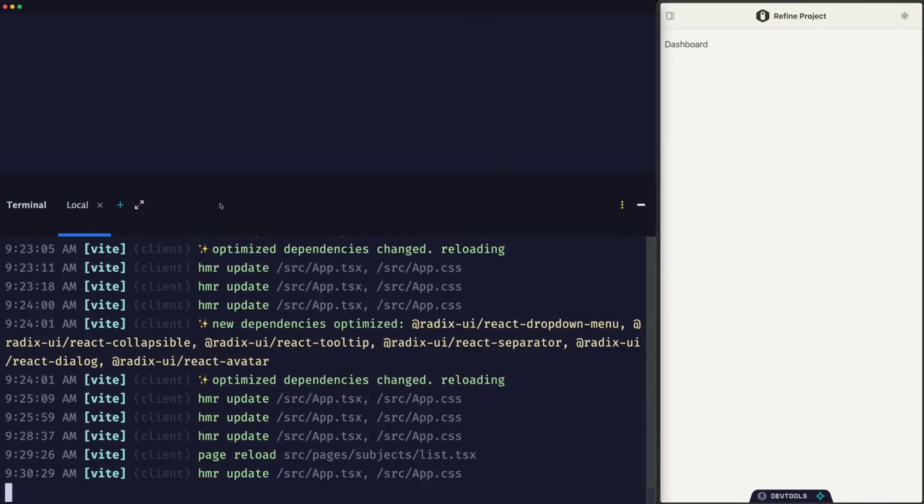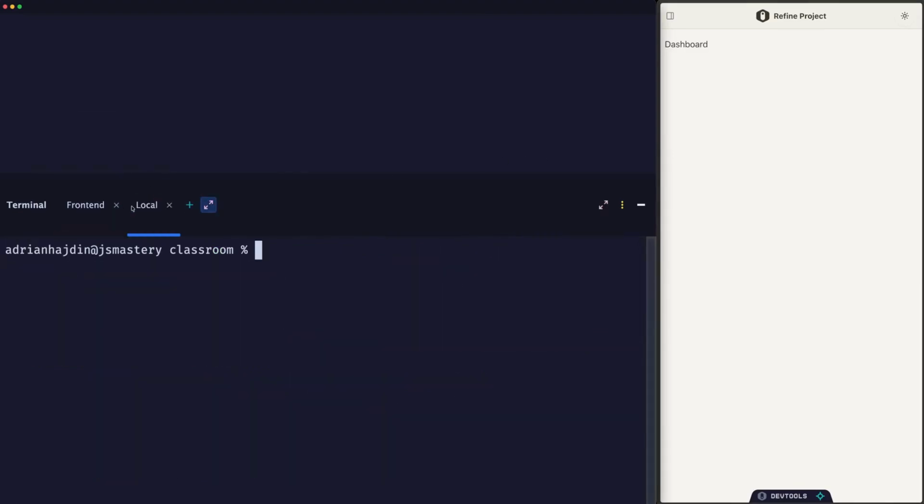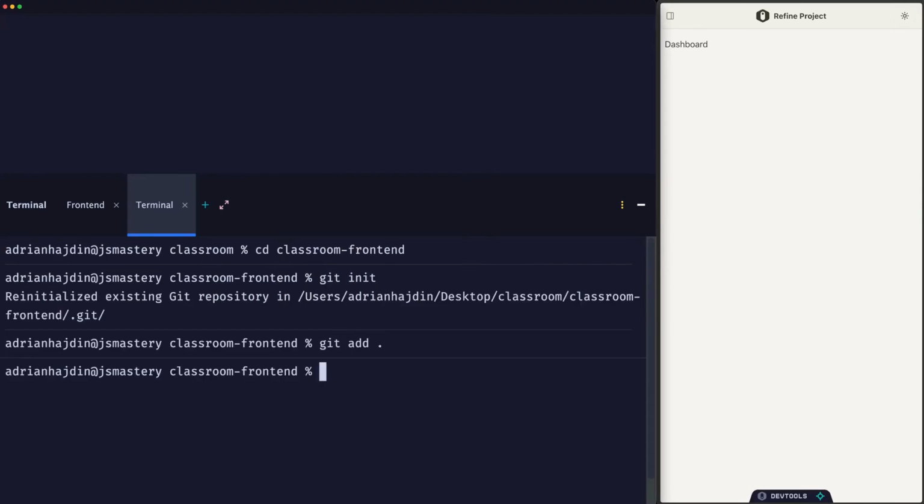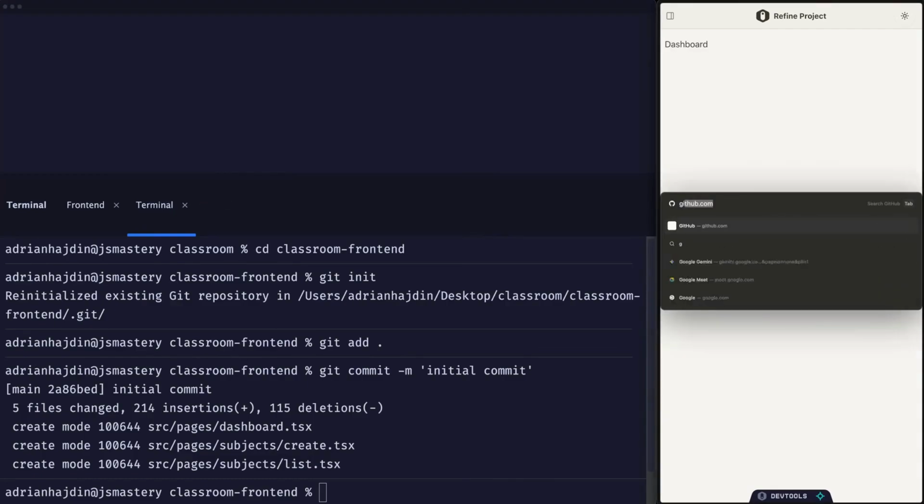So simply open up your terminal. I will call this one Frontend, and then I will open up a new terminal, which can be called just terminal. And within it, you can again cd into classroom frontend. Don't forget to do that. And run git init, git add dot, git commit -m, initial commit. Then head over to